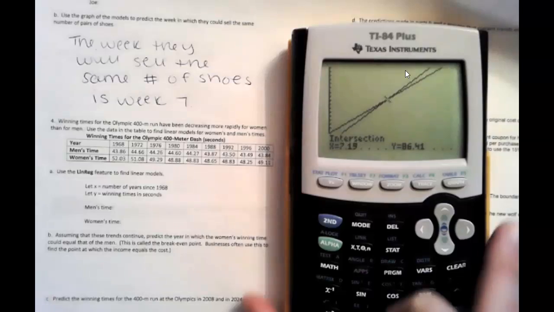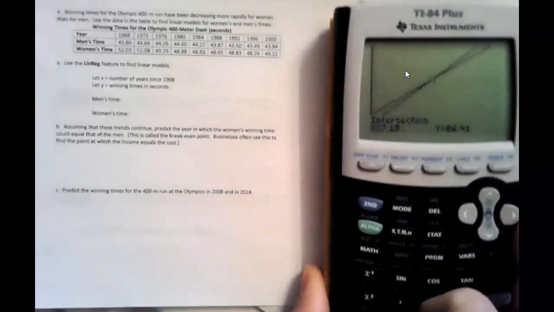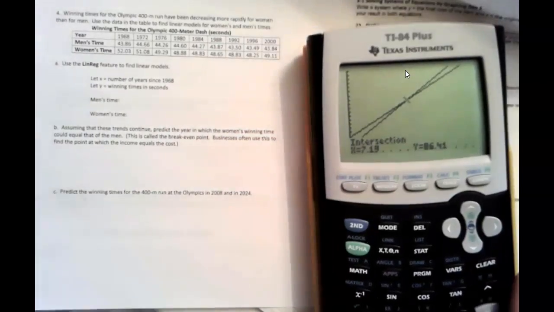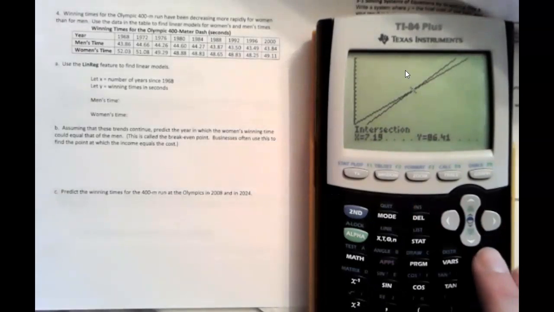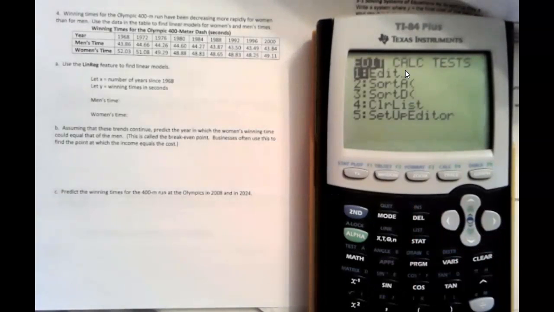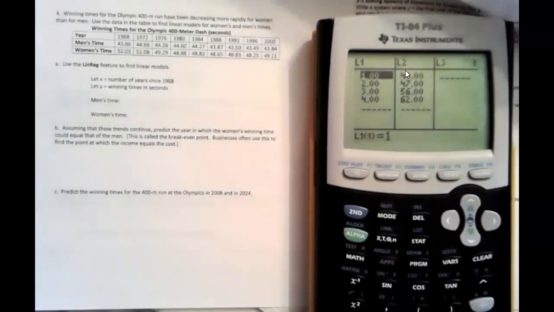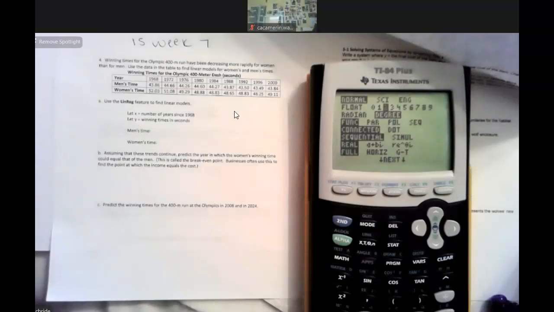Let's investigate one more set of data. So what we're going to do is plug in the years and the Olympic times. So go back to stat, go back to edit. We're going to go to L1. We're going to type in our years. So upon looking at this, we are going